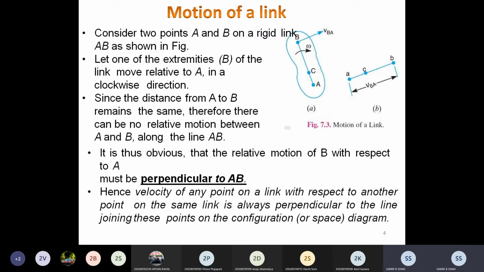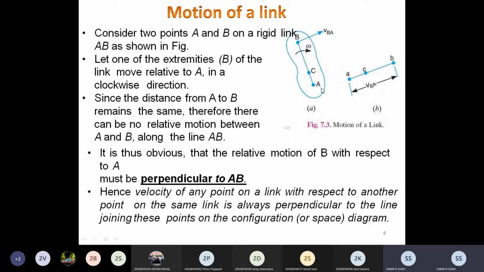But if you want to find the motion of the link with the help of a velocity diagram, then as I already told you previously, suppose this is one link, and if you want to find the velocity of that link, then we have to draw the perpendicular line. Okay, so that is the first rule to find the velocity diagram answer. Second, in the space diagram, all the letters are in capital, so we directly convert them to small letters.